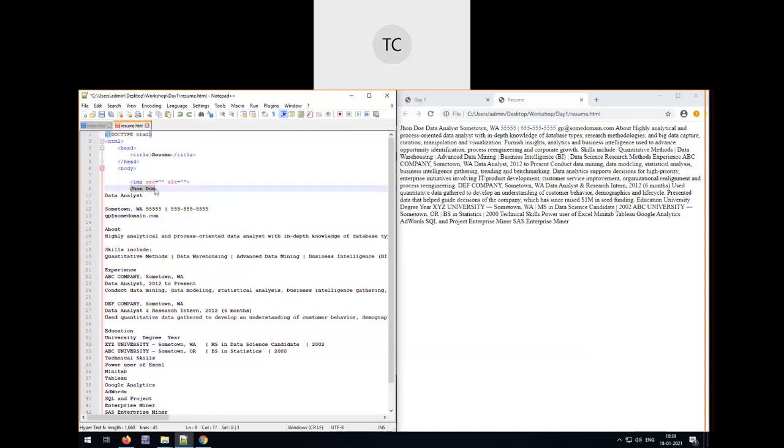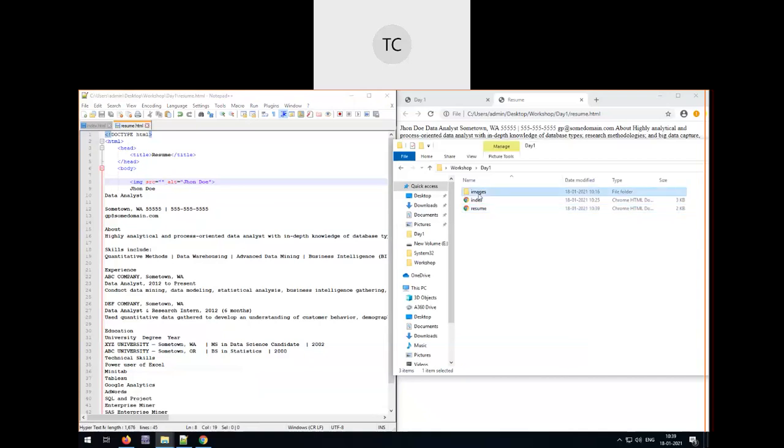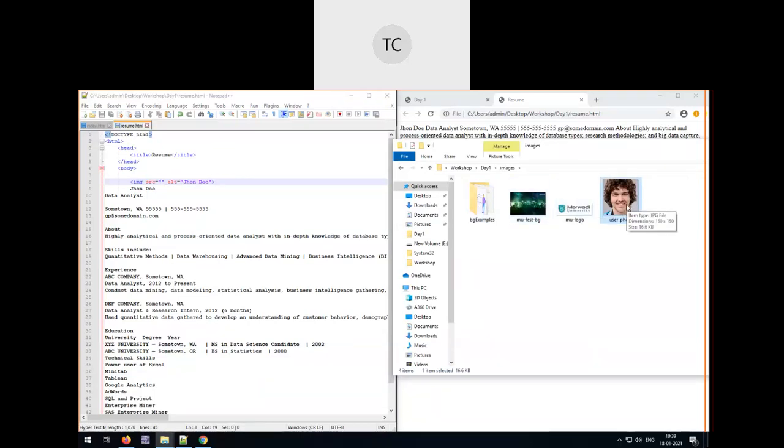As alternate text, we can have our name. John Doe is not an actual person, it's just a dummy person name. And we want to load that image. Now where do we have that image? So we have that image in the images folder and user photo. And that thing is, let me verify, that's JPG file. Okay. So we go for relative path images, and within images we have user underscore photo dot JPG file,